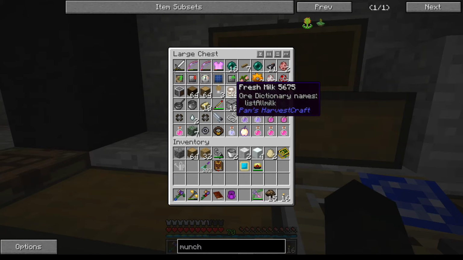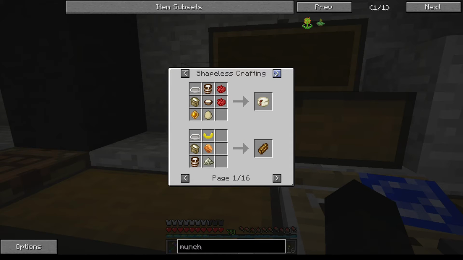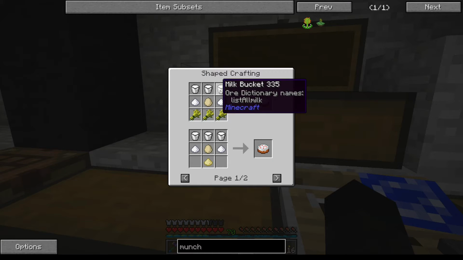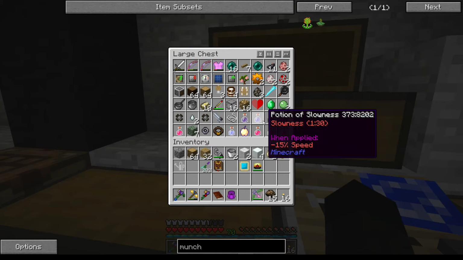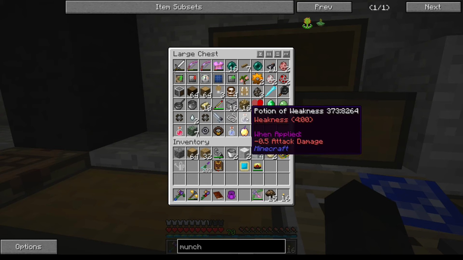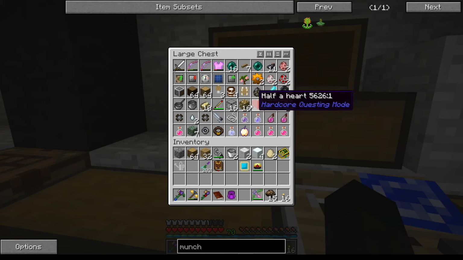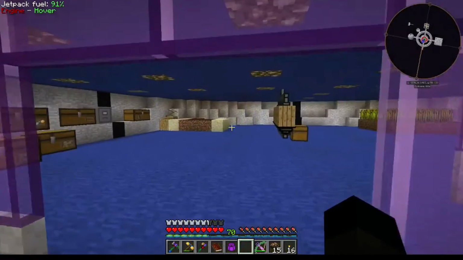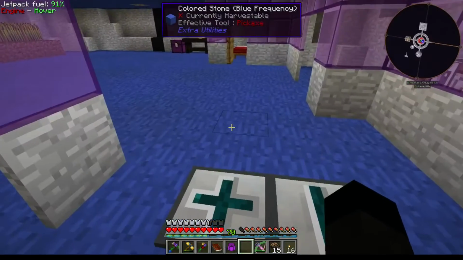I have got some fresh milk. What can I use you for? I bet I can't use you in cake, can I? It'll only be the Pam stuff. Yeah, it's not going to work. It's not going to work for cake, I'm pretty certain. It wants buckets of milk, not those, which is fair dues. I mean, you are going to want that. So I'm going to need to grab that, and that, and set up a temporary